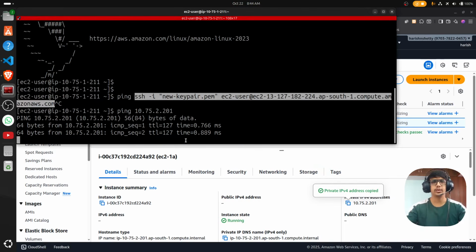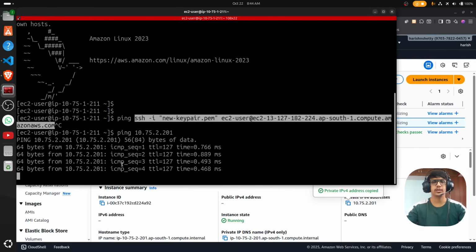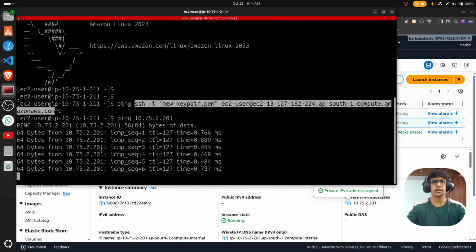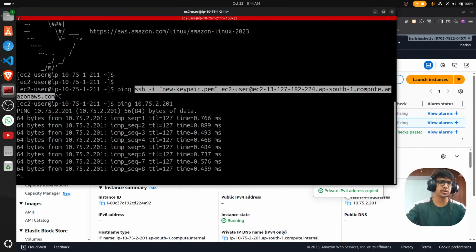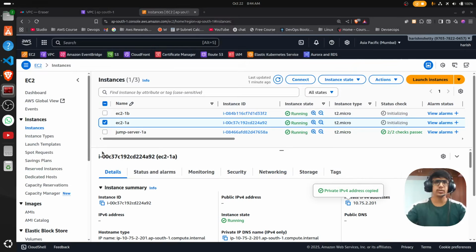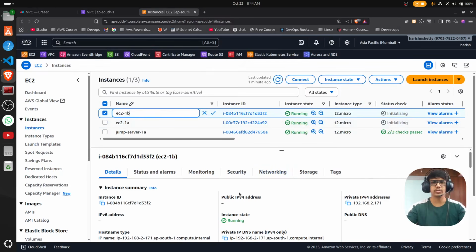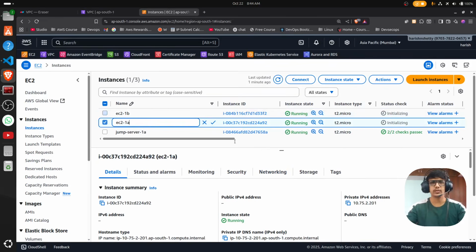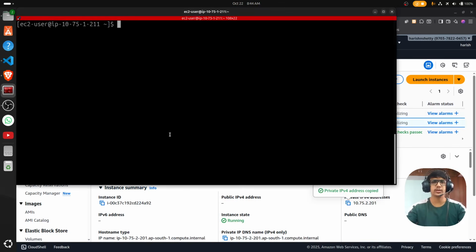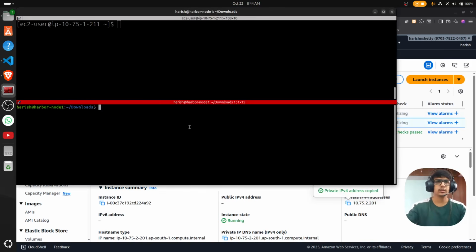Yeah, we have connectivity access in the 2 series. This is the same region. Okay, now try to ping. First let's try to access this private instance. Let's try to access it. First thing,